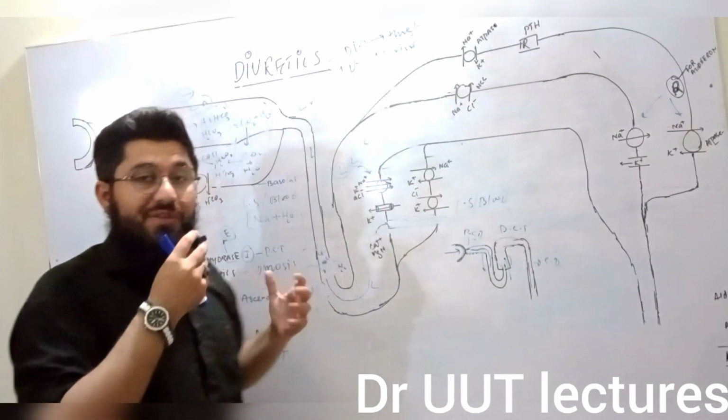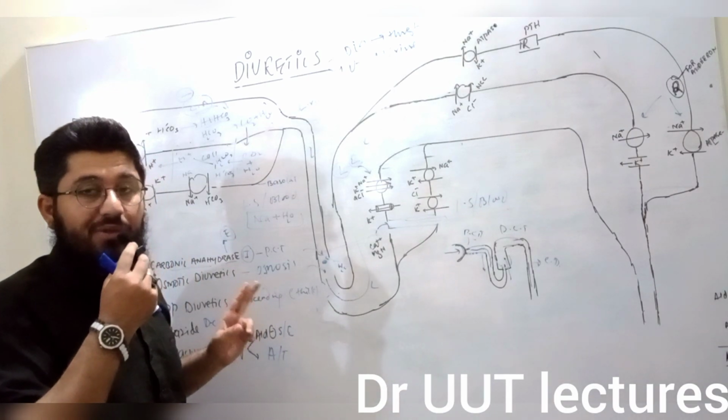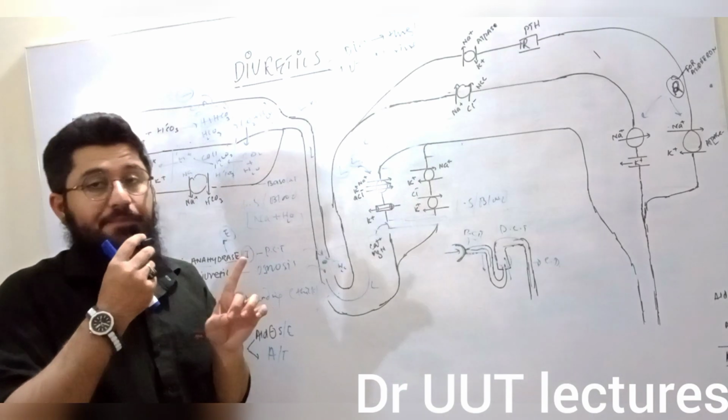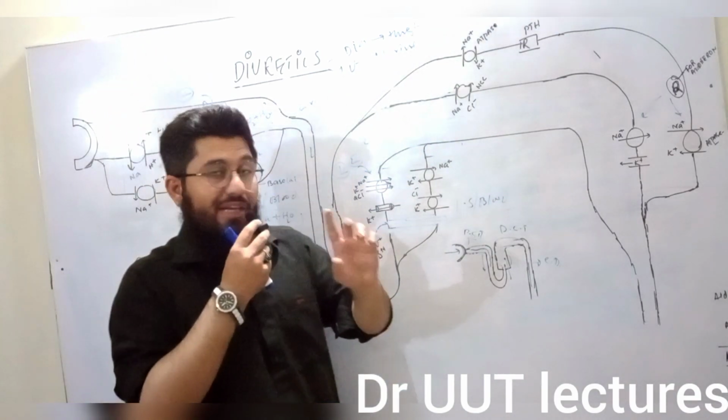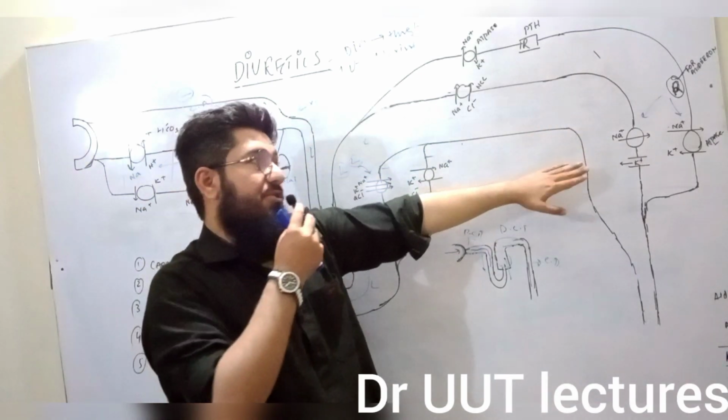So now what will we do? We will take the aldosterone antagonists. We have two important aldosterone antagonist drugs, spironolactone and eplerenone. Now these two will actually inhibit the aldosterone receptor. So then what will happen? No more formation of the